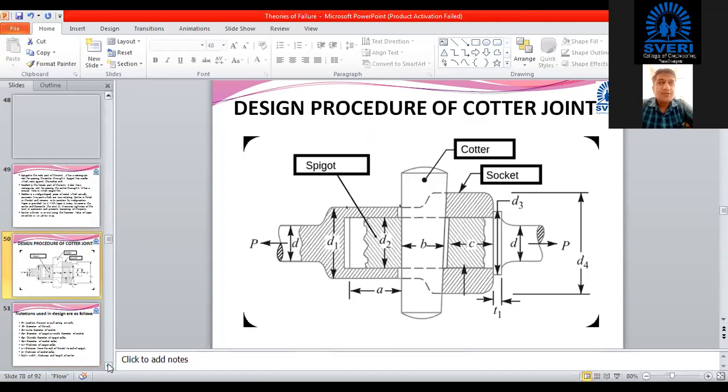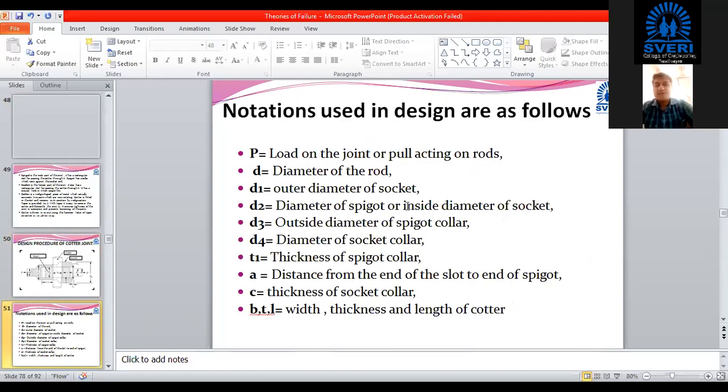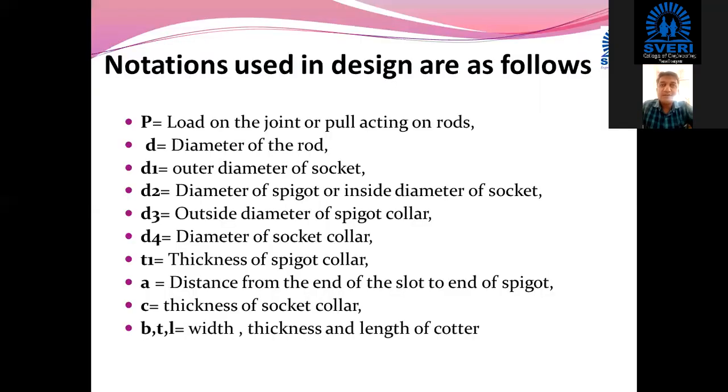Okay, in the morning we were seeing what the various nomenclatures are which are used while we go through this particular design procedure. Now we have seen the animation, and easily you can come to know which type of failure is taking place and at what places the failure may take place. So this all nomenclature we have seen in the morning.